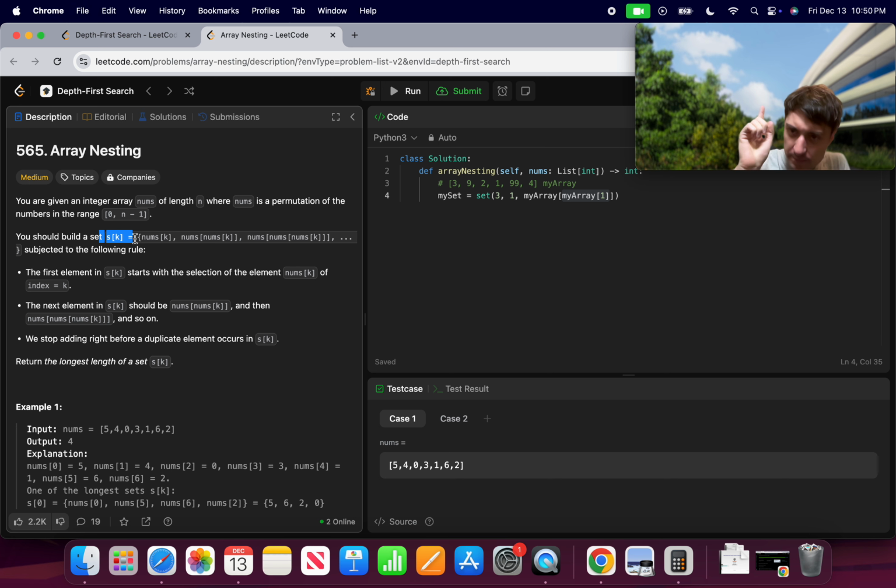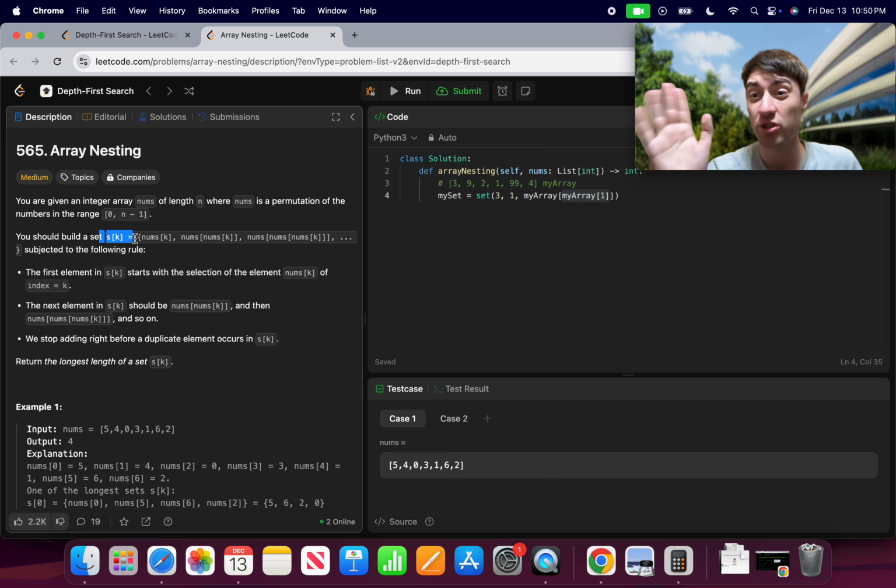But then it gets even worse, because okay, I build this set. Let's just assume that I understood this set. Then